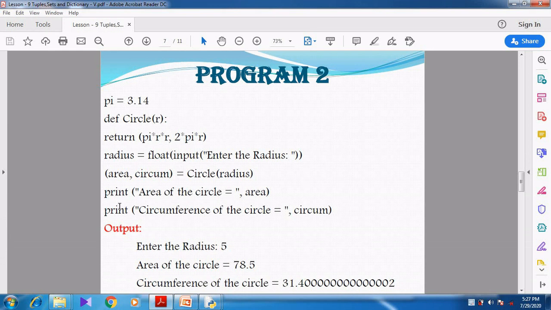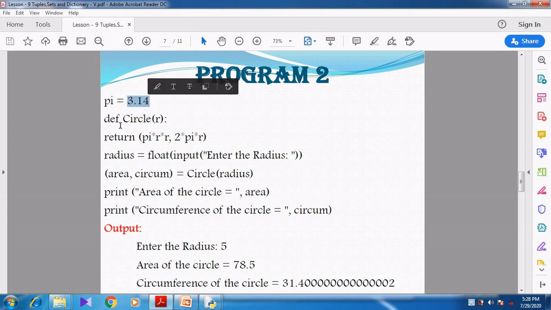So we are going to find out the area and circumference of the circle. For that we want to pass the radius. Without passing the radius, can you find out the area and circumference? No. So here they have given pi equal to 3.14. The value of pi is 22 by 7, that is 3.1415, like that it goes on. Simply we take 3.14. Right.